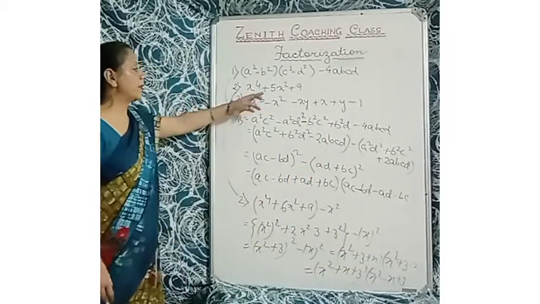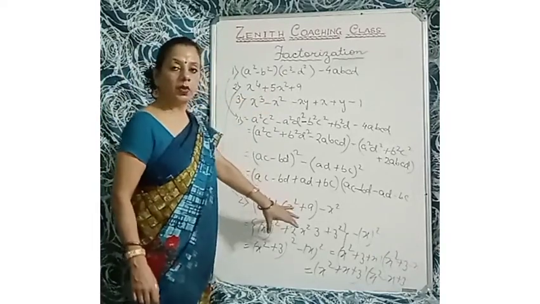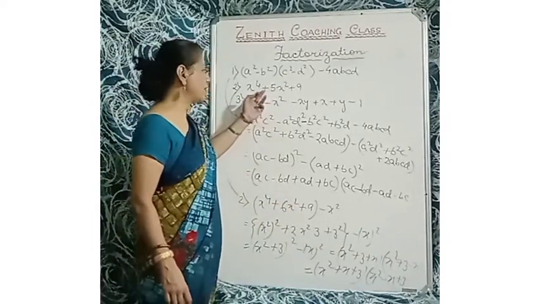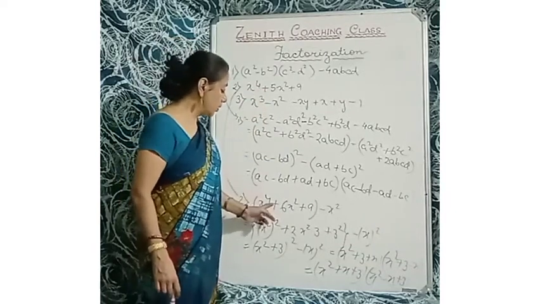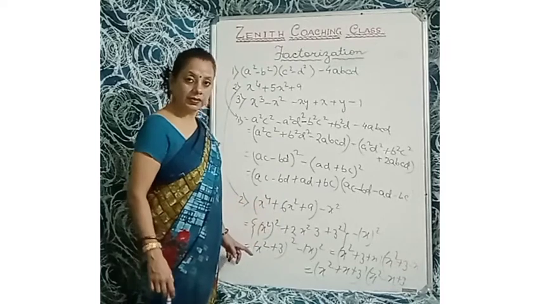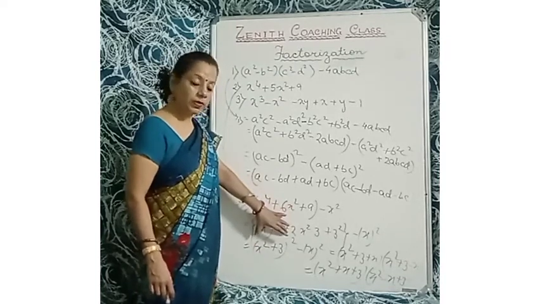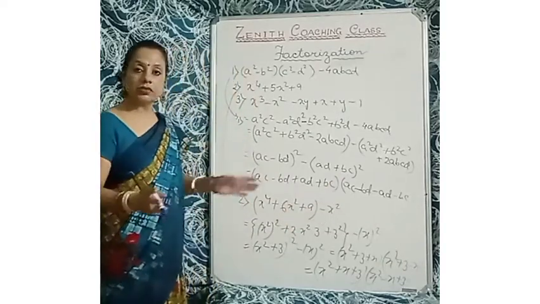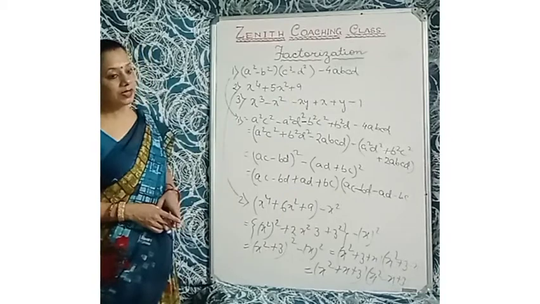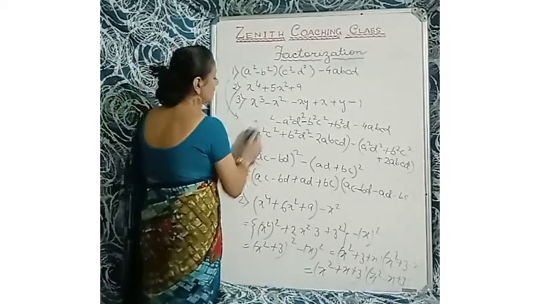So if there is 5x square plus 9, first make it (a plus b) whole square or (a minus b) whole square. If there is minus 5x square, you should write here minus 6x square. So that is (a minus b) whole square or (a plus b) whole square, and then separately you will write x square again. So a square minus b square. Understood the sum? Okay. Then we will come to the third sum.